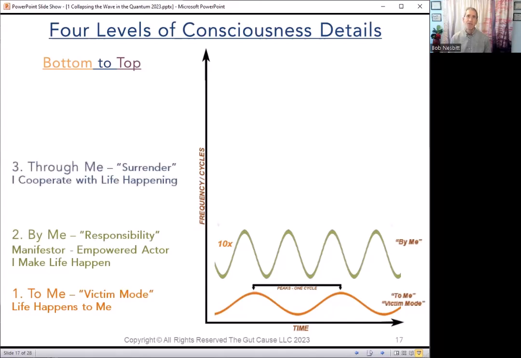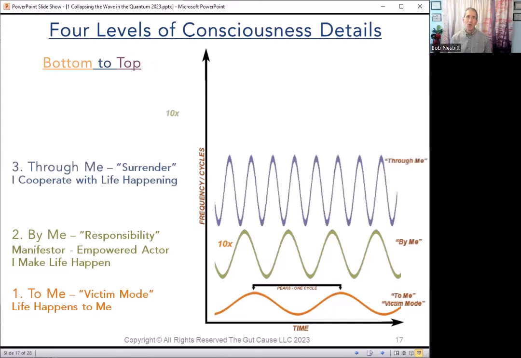Okay, here we have through me, which has 10 times the frequency of by me. In other words, 1 hour in through me can achieve the same amount in your life as 10 hours in by me, or 100 hours in to me. So if you know how to get into through me by raising your frequency, then at that point you'll start